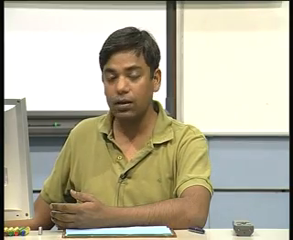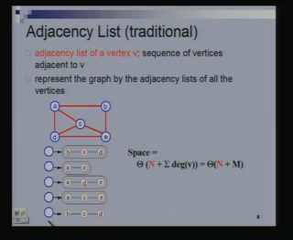I have an array corresponding to vertices, let us say. So, this location corresponds to vertex A, this corresponds to vertex B, this location corresponds to C, D and E, that is how it should be. Now, what are the vertices which are adjacent to A? They are B, C and D. So, I will have a linked list starting from this location, which will have elements B, C and D in it,